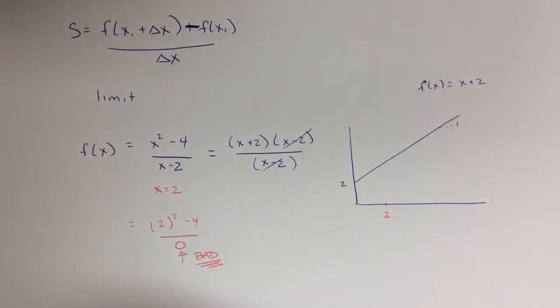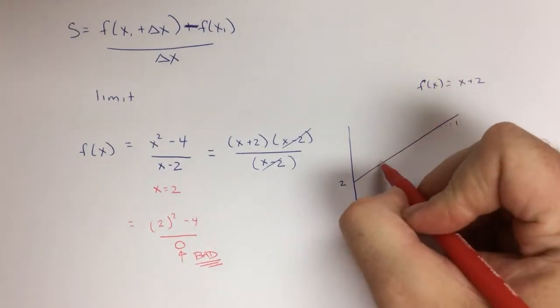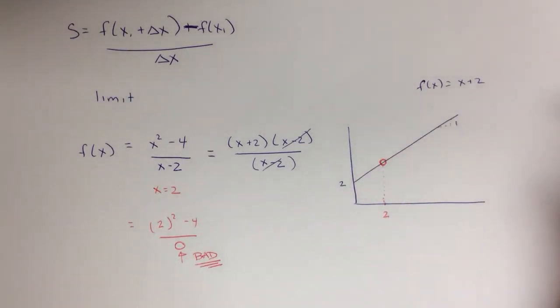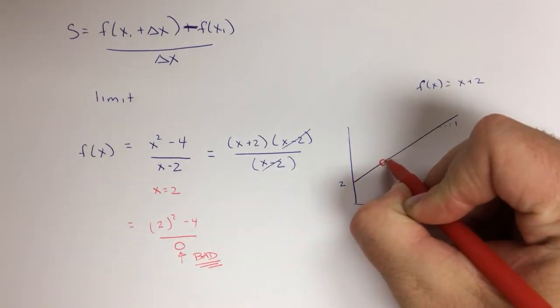This is what Dr. Brown in Back to the Future was afraid of. If you divide by 0, the time-space continuum is destroyed. And so what that means is right here, when x is 2, this function is actually not defined. There's just a hole there. So to redraw the graph, it would start at 2, it would go forward, it would have a hole, and